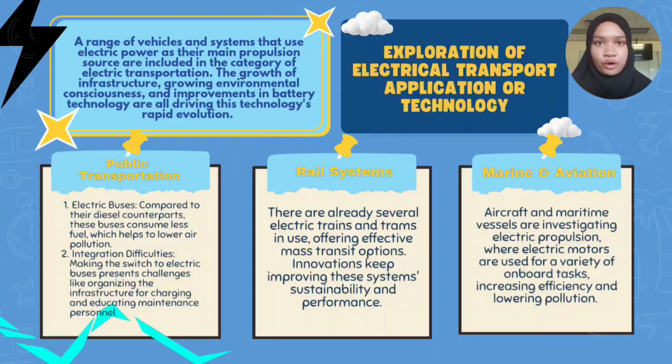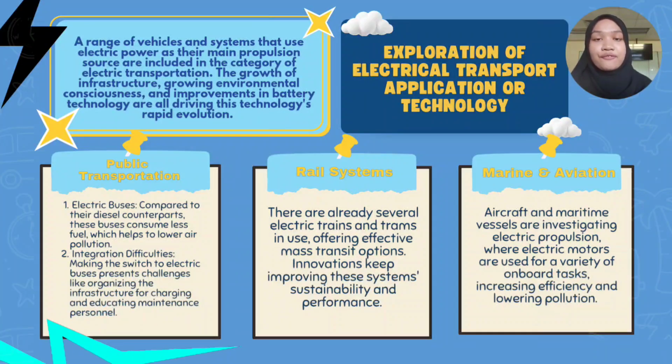So we have the first point, which is public transportation. For the first one, which is electric buses, compared to their diesel counterparts, these buses consume less fuel, which helps to lower air pollution. Second one, integration difficulties. Making the switch to electric buses presents challenges like organizing the infrastructure for charging and educating